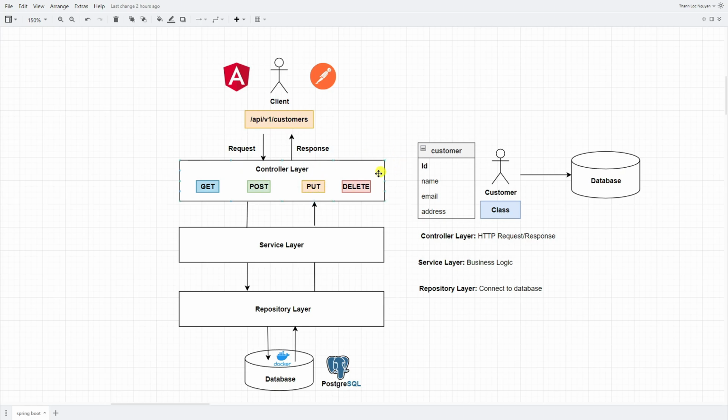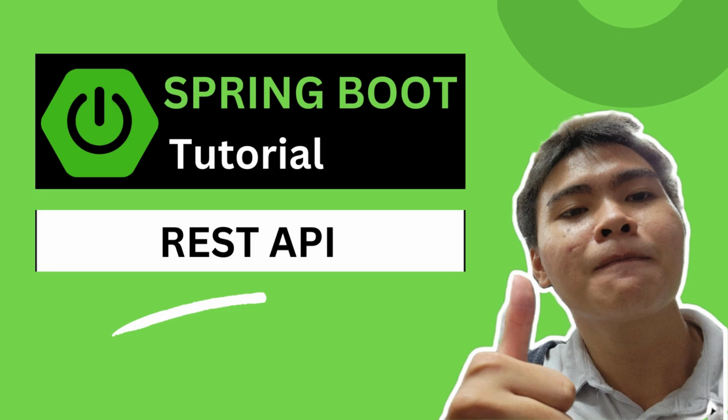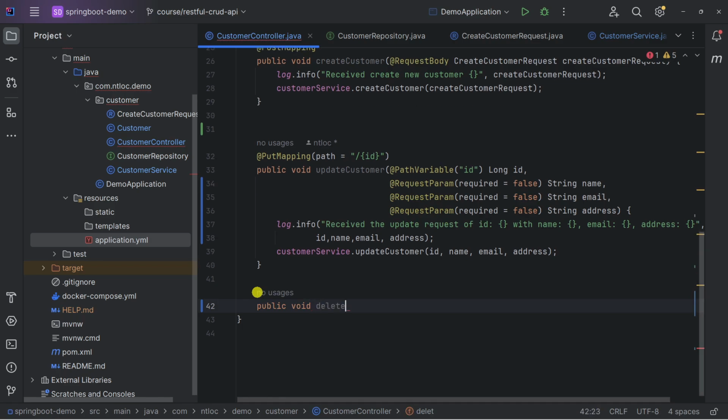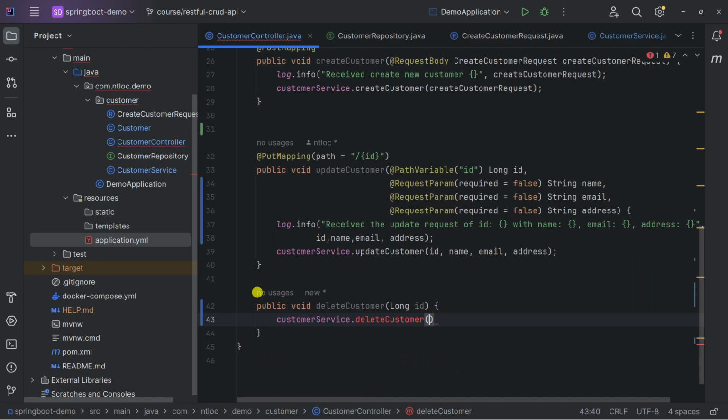Next, let's go to the last one, which is the delete request. Within IntelliJ, what we are going to do is create a delete method, public void deleteCustomer, and we pass the ID in here, and then customerService.deleteCustomer, and we also pass the ID in here.